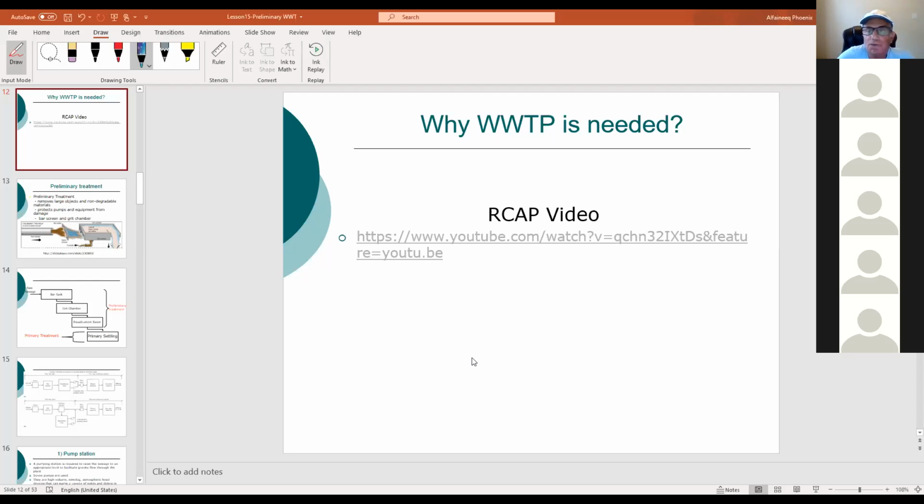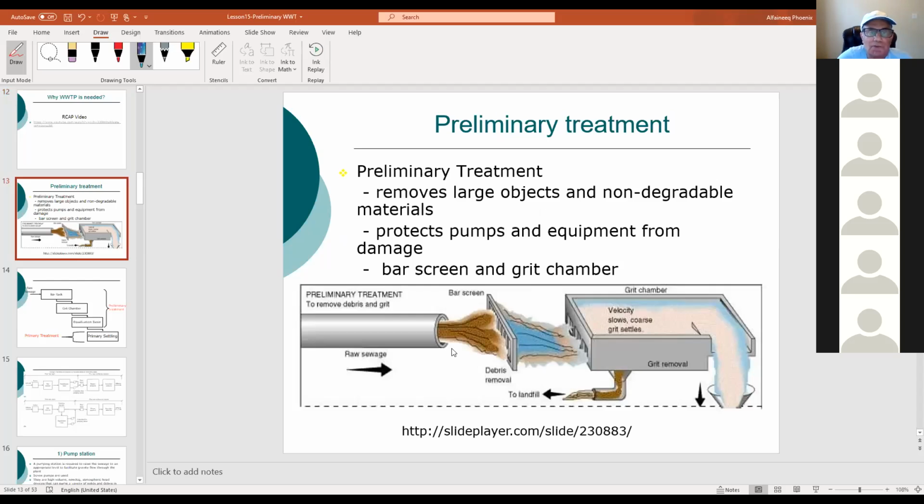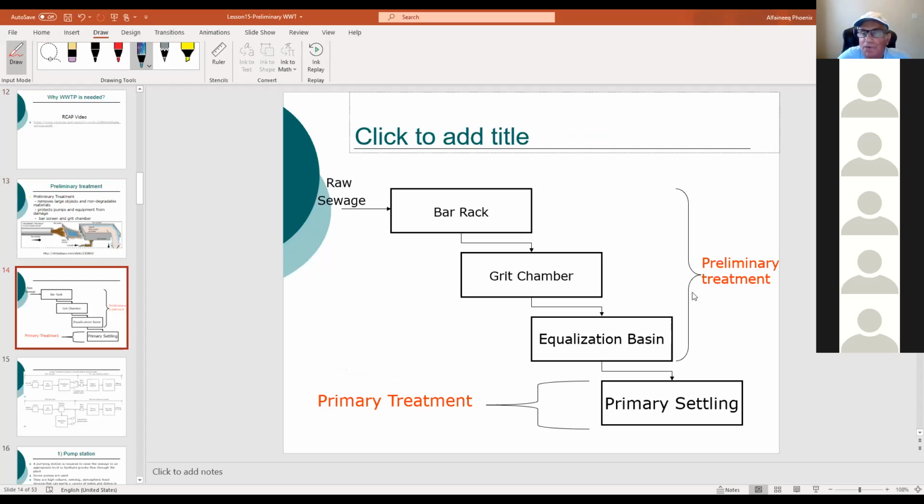Okay, guys, so let's look at the headworks, all right? Preliminary treatment, the most important thing in it is the grit removal, as you see here in this drawing. You need a bar screen before that. This is your raw stuff, all right? So this is the preliminary treatment, okay? Bar racks, grit chambers, equalization tank,